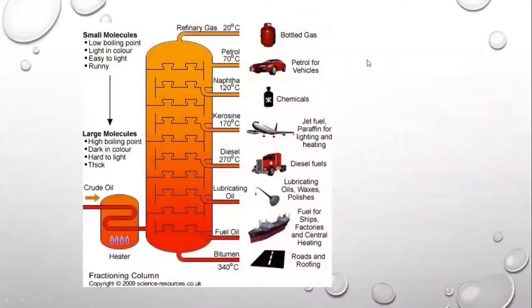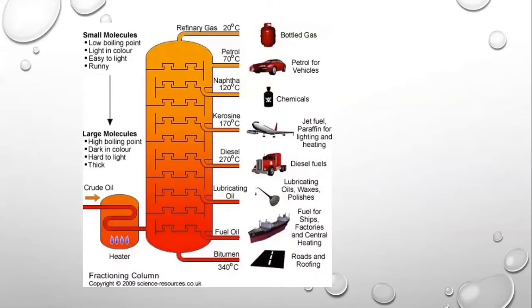Now we are going to do the fractional distillation of petroleum. Petroleum is basically crude oil, and crude oil is obtained from deep underground and seabeds because it is formed as part of fossil fuels. It takes millions of years to form, and when you obtain it from the ground, it is in the raw form, which is not at all beneficial to us.